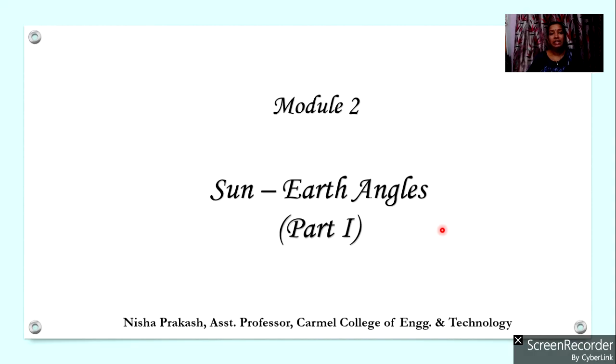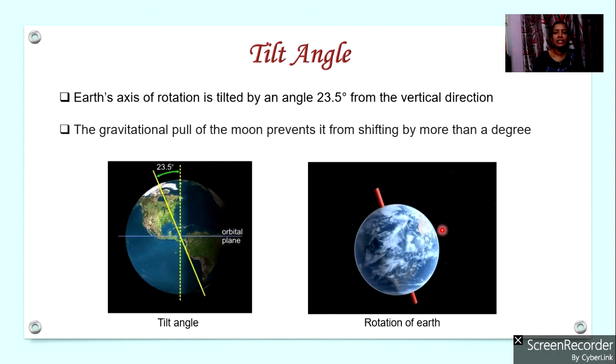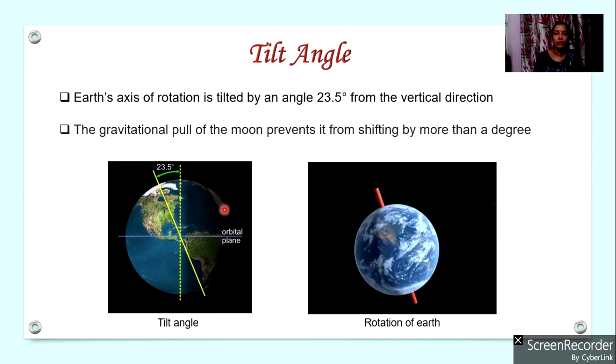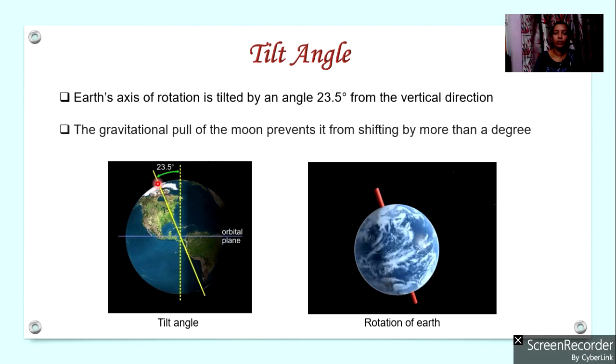These angles are known as Sun-Earth angles, and they are related to the geometry of Sun and Earth. So, let us see which are those angles. First one is the tilt angle of the Earth. We know that the Earth always rotates around its own axis as well as around the Sun. Earth has an axis of rotation around which it rotates, and this axis